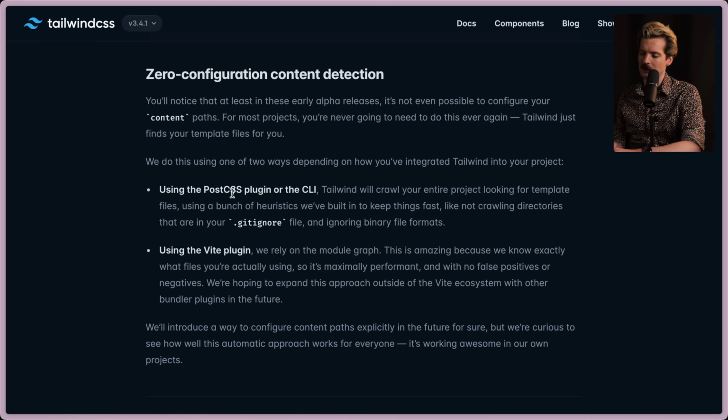One way is that they use the PostCSS plugin or the CLI. Tailwind will crawl your entire project looking for template files using a bunch of heuristics we've built to keep things fast, like not crawling directories that are in your gitignore files and ignoring binary file formats. Or you can use the Vite plugin, which relies on the module graph. This is amazing because we know exactly what files you're actually using, so it's maximally performant and with no false